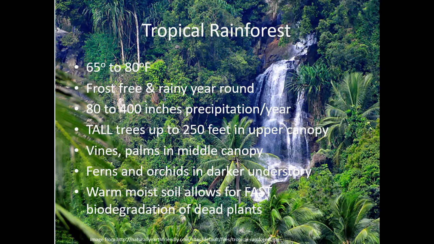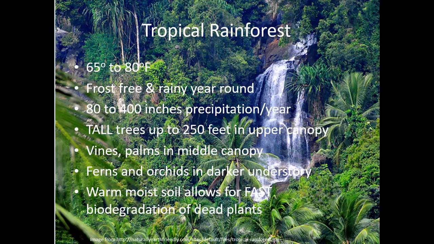So tropical rainforests, they don't experience a very wide range of temperatures. We're talking about 65 to 80 degrees Fahrenheit. It might be a little wider as we experience climate change, but it's still not the range that we're thinking about with some of these other forests. They do not receive frost, and they are rainy all the time, so year-round pretty much. There are drier seasons and wetter seasons, but overall they're fairly rainy all the time.